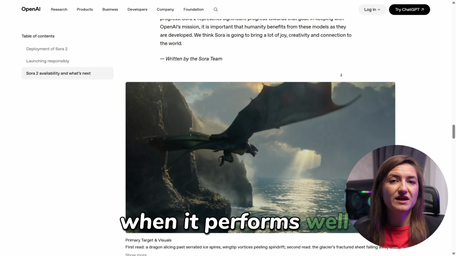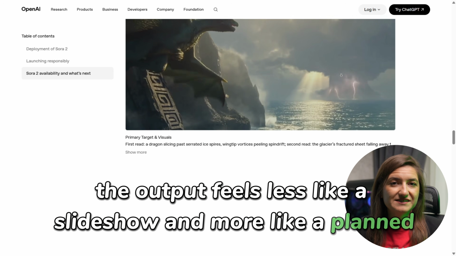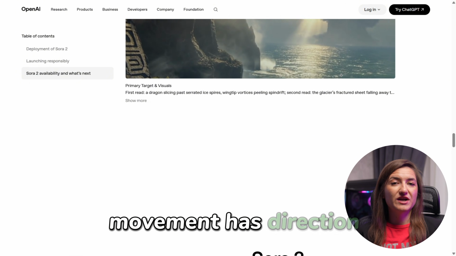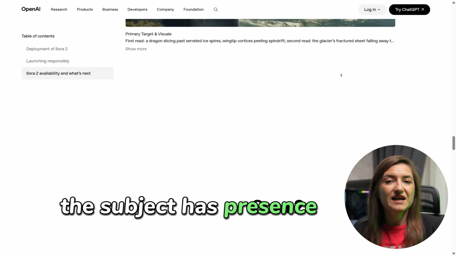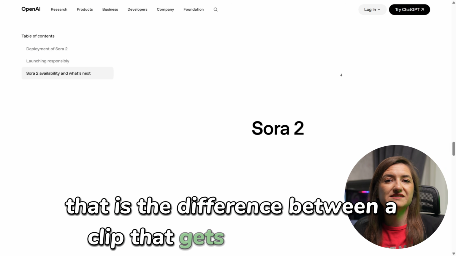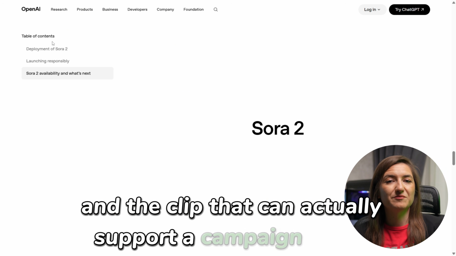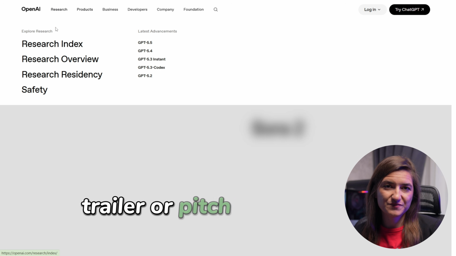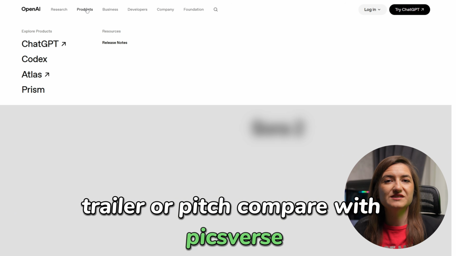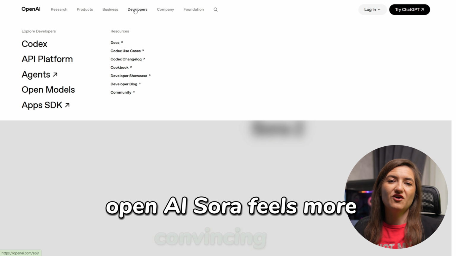When it performs well, the output feels less like a slideshow and more like a planned scene. Movement has direction, the subject has presence, and the frame feels designed. That is the difference between a clip that gets attention once and a clip that can actually support a campaign, lesson, trailer, or pitch. Compared with Pixverse, which is not in my top 10, OpenAI Sora feels more convincing as